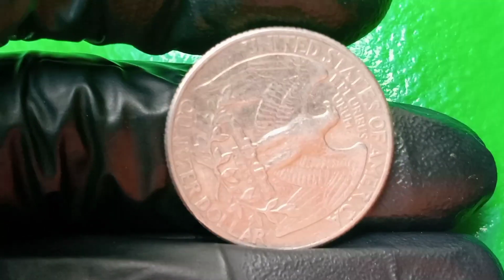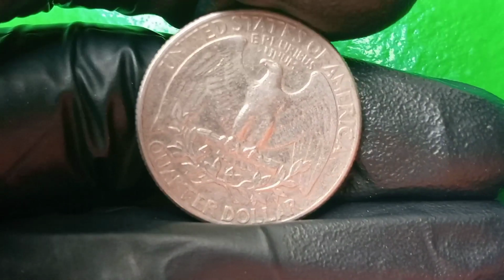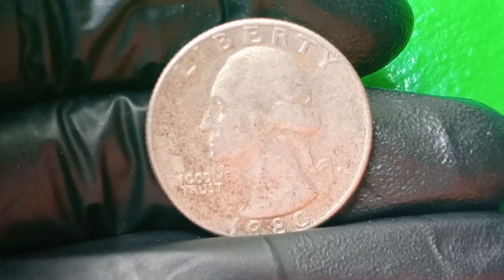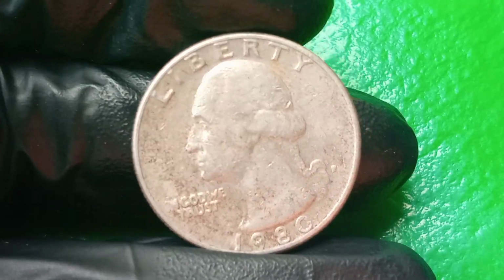to human craftsmanship and production challenges, it offers light to the enduring legacy of the 1980P quarter as not only an important piece of currency but as a valuable artifact moving through time, ensuring that even decades later, it remains etched into the narrative of American history and numismatic lore, captivating the many who seek it while reminding us that within something as seemingly mundane as a coin lies a world of stories and possibilities just waiting to be